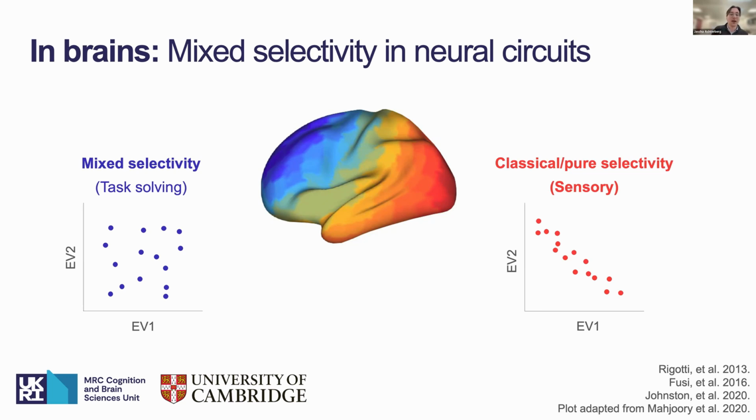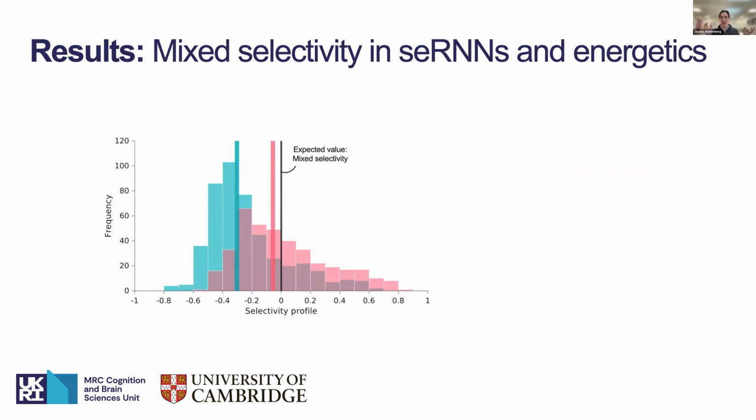This is a specific task-solving prefrontal thing, though now researchers are looking into this phenomenon in a wide variety of brain regions, and there are lots of theoretical arguments on whether this should be a helpful thing, or how it can be a computationally effective and efficient code. So we wanted to study this mixed selectivity in our networks. First of all, we take the entire selection of networks which can solve the task, and we analyze this correlation between explained variances.